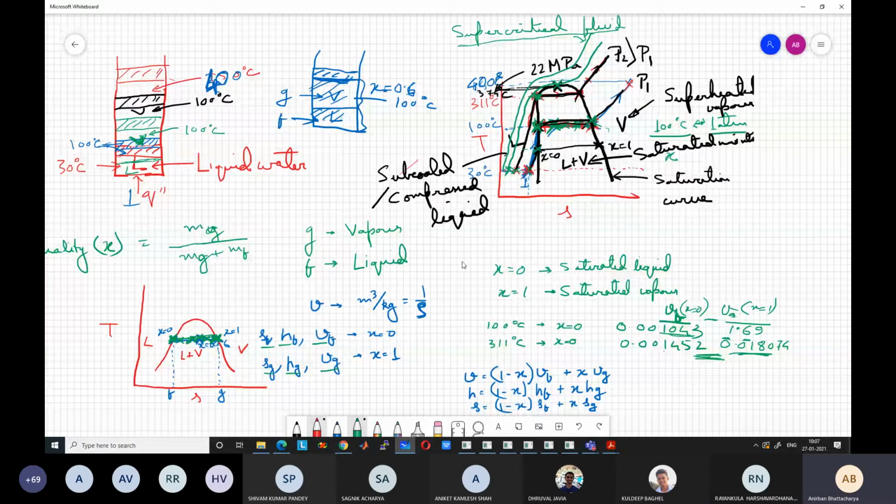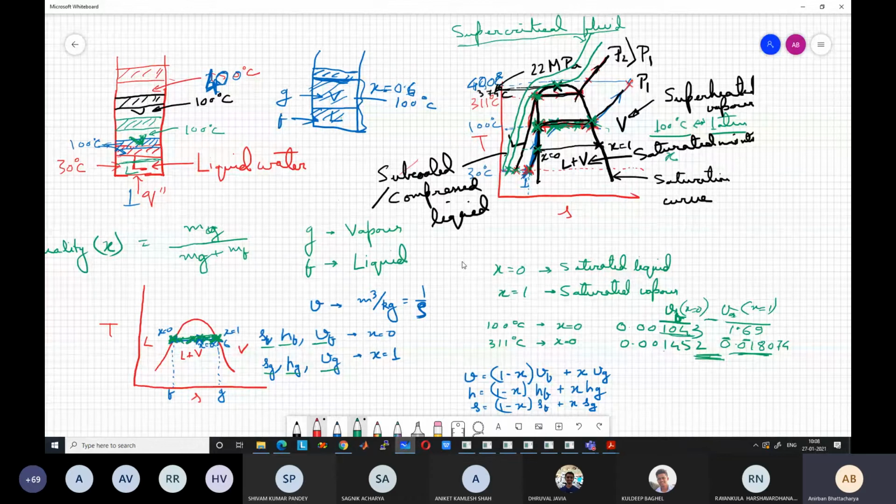Any questions now from anyone regarding this two-phase mixture, or how the liquid gets converted to vapor, liquid water gets converted to vapor? Other substances also convert similarly, but the temperature and pressure values will be different. But if you consider liquid ammonia or any other liquid, even say carbon dioxide, similar things will be there. Carbon dioxide we obviously see in gaseous form, but at lower temperature and higher pressure we will be able to see the same thing. So all pure substances behave somewhat similar to this.